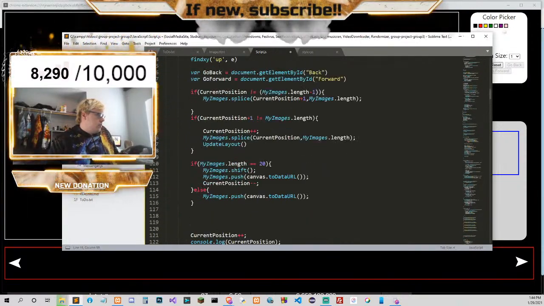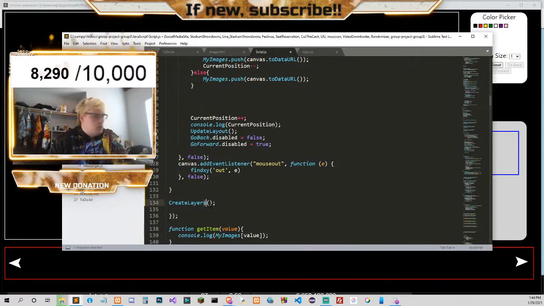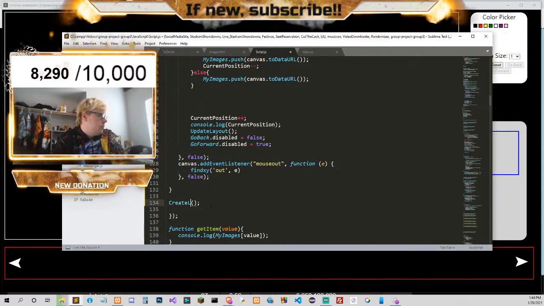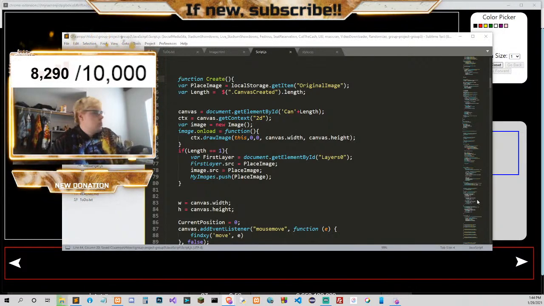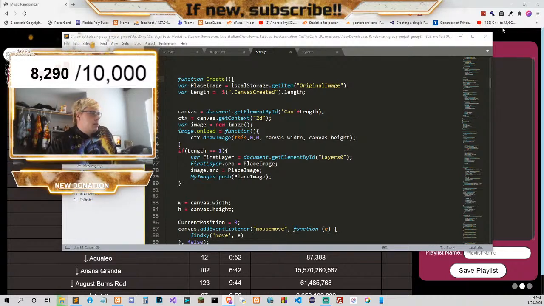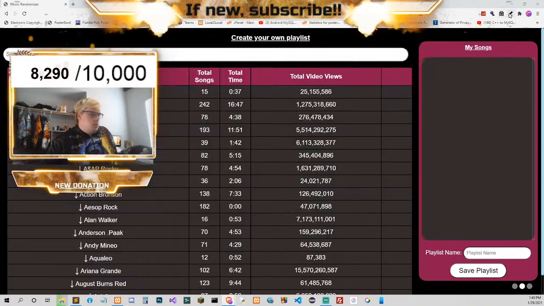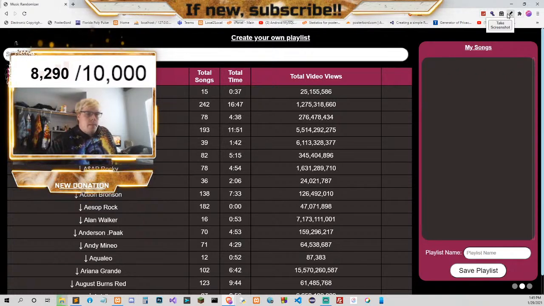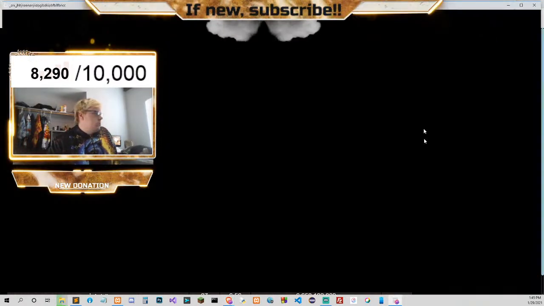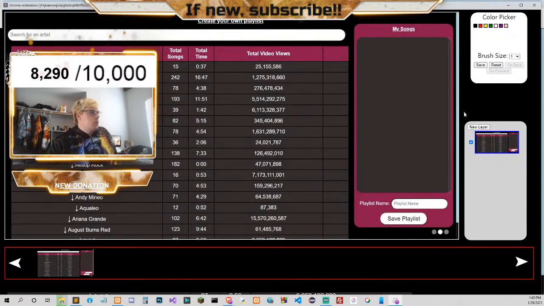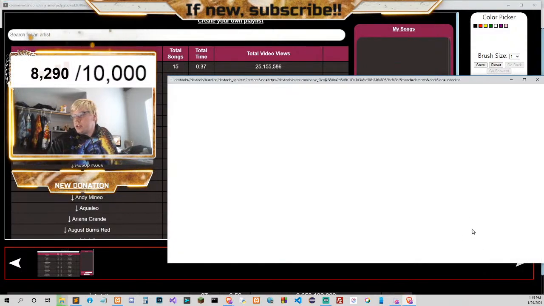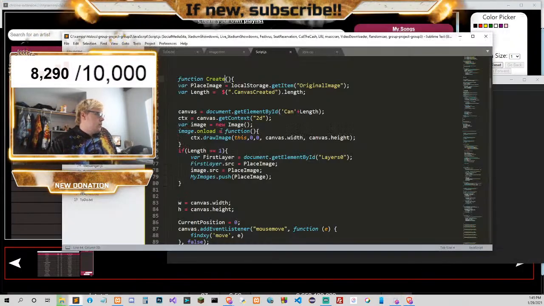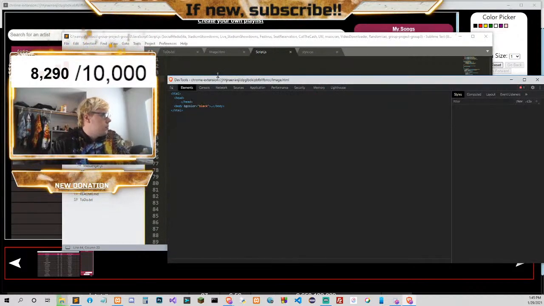And even if, let me just say create, because I don't understand why it's not working. Well, it worked to begin with, but then it says create layers is not defined.